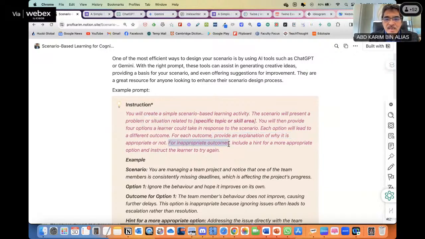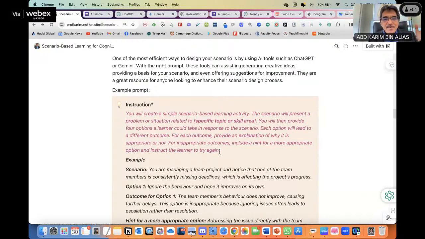For inappropriate outcomes, if the learner chooses the inappropriate option, include a hint for a more appropriate option and instruct the learner to try again. You can copy this prompt. You can try this prompt. Yeah, this is my prompt.